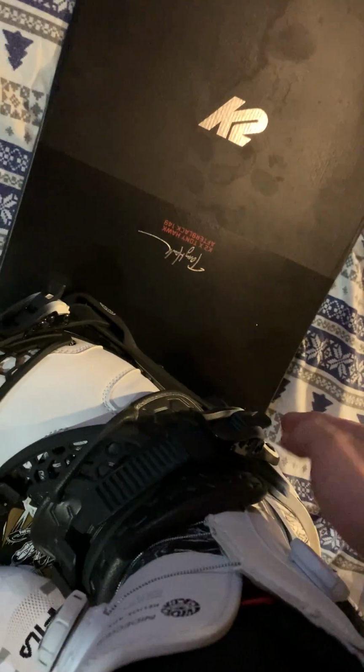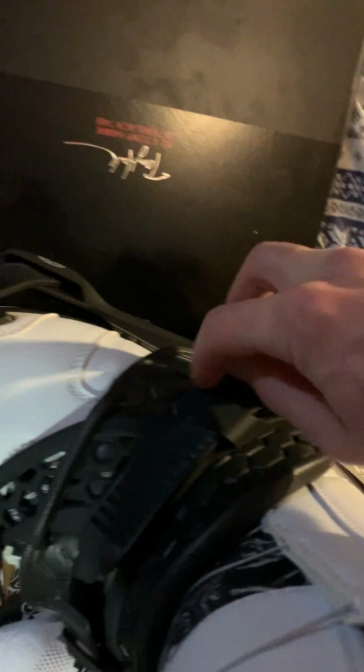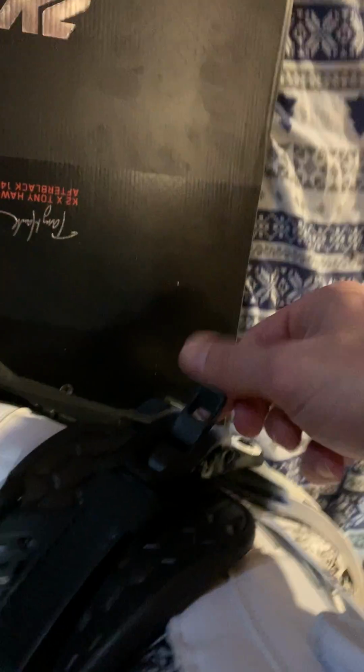So the problem with the binding is this right hatchet. I can't get out of my binding. For starters, I'm lifting up the hatchet that should be releasing the mechanism, which is underneath here. It doesn't do anything. When you pay attention to this back screw,